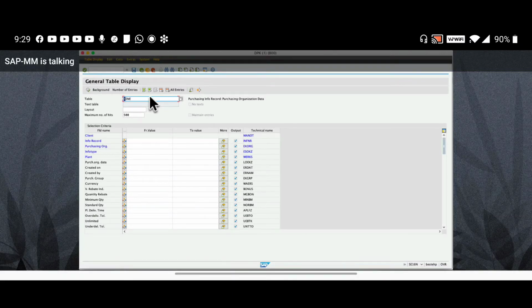It will be different from vendor to vendor. But how does the system know which vendor is giving for what price and what terms and conditions? To inform the system, we create an info record: which material, which vendor, what are the terms and conditions, and what is the price of the material.